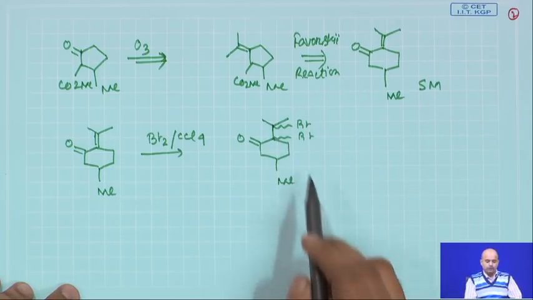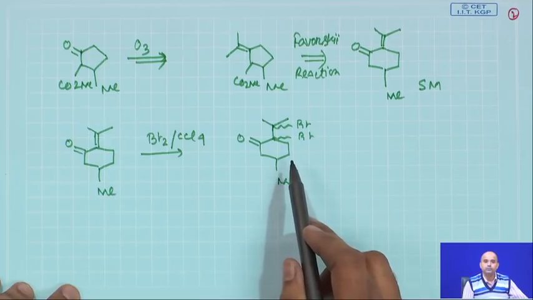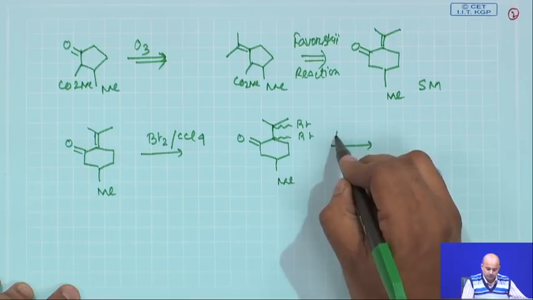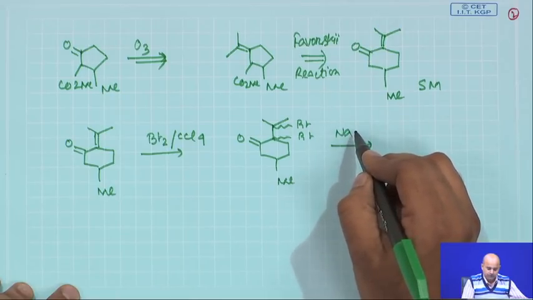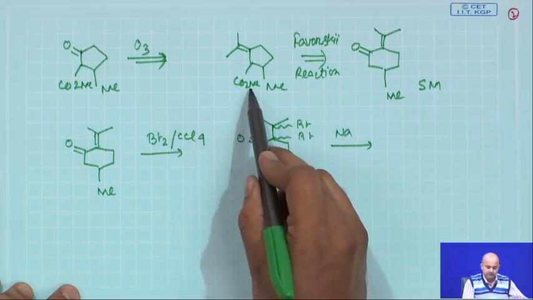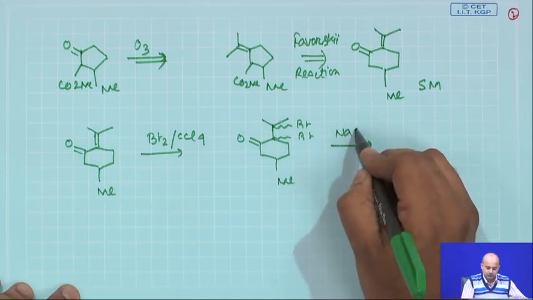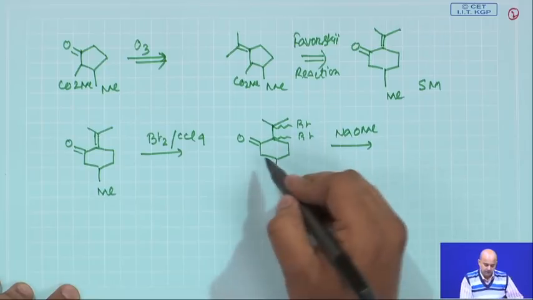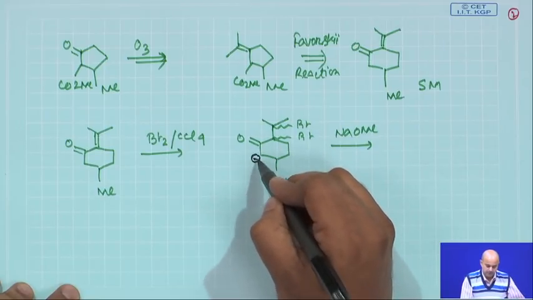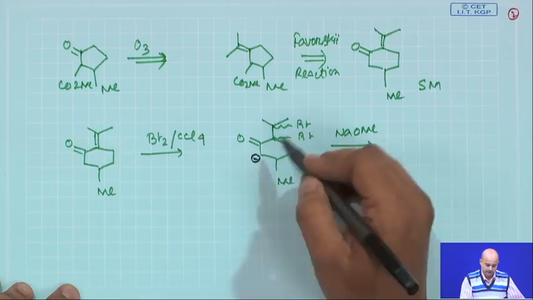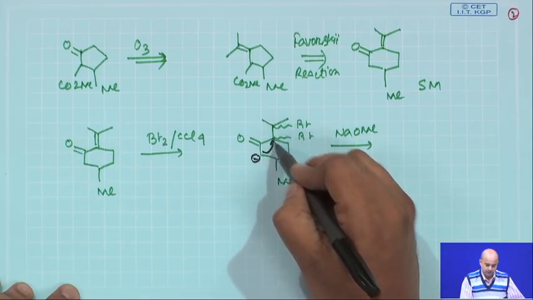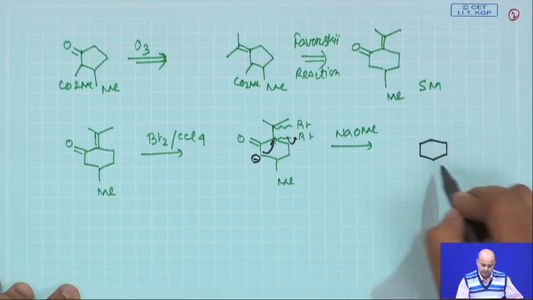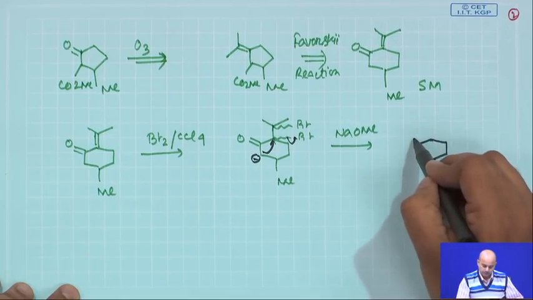So, Favorsky always we said that you need an alpha bromo ketone. Now, we react with sodium ethoxide or sodium methoxide. Here, as it is the methyl ester, use sodium methoxide. Once you use the sodium methoxide, initially this carbanion will be generated and this will react with this bromo to give you the cyclopropane intermediate